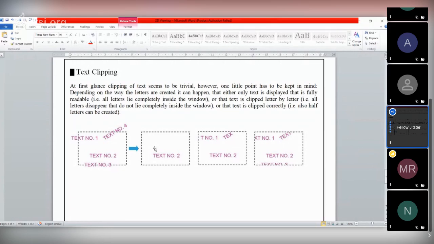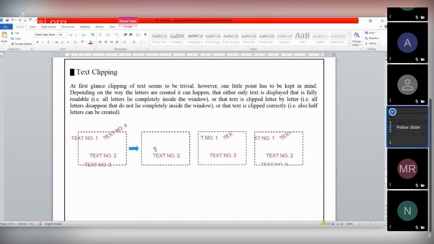If a character lies upon the border of the window, partly inside and partly outside, we should reject the character. If the character is completely inside the window, then only we will take it.